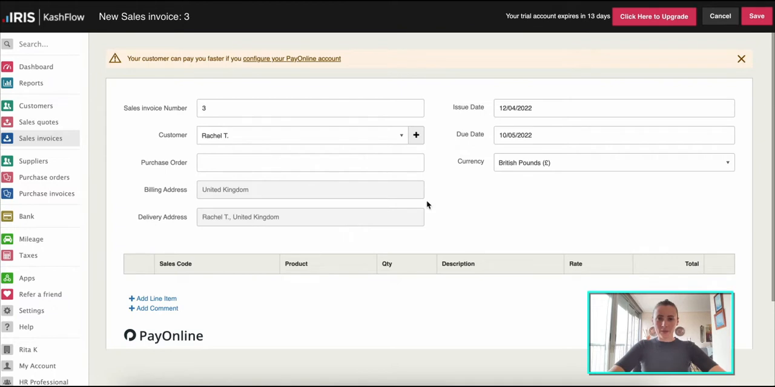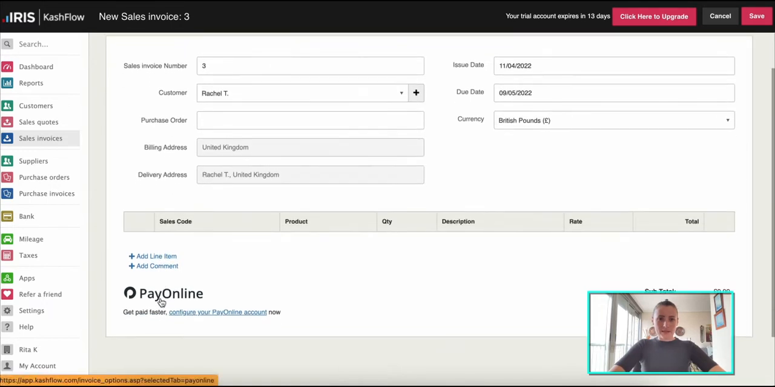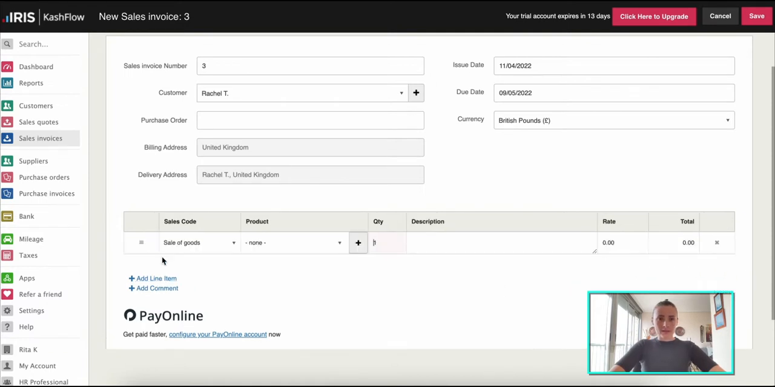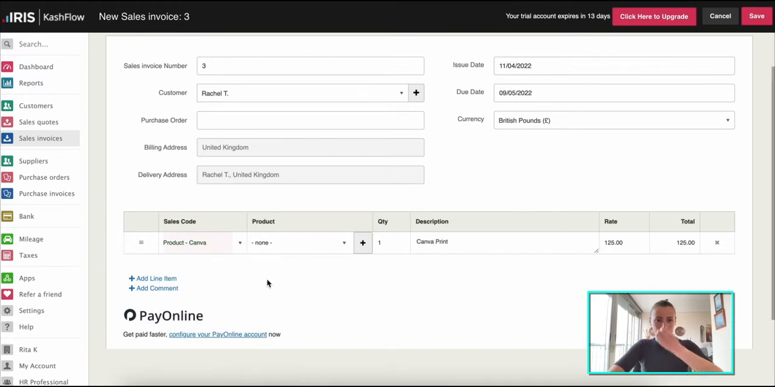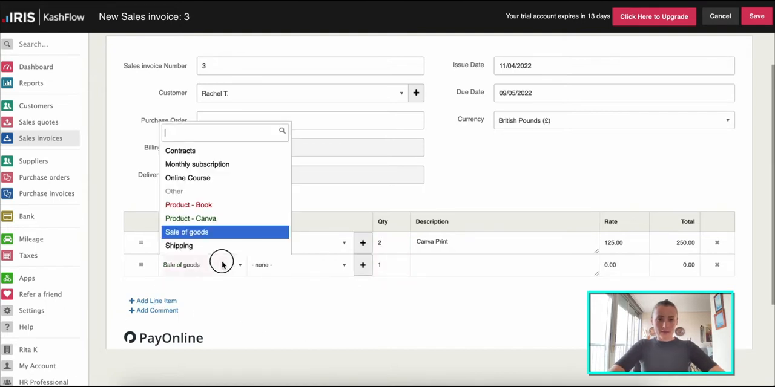Click create. Let's select a date for my customer invoice date, and then at the bottom there are two options: add a line item that will show a price, and add a comment that will not show a price and will not contribute to your total. So add line item. For example, I have product canvas and I have sold 2,